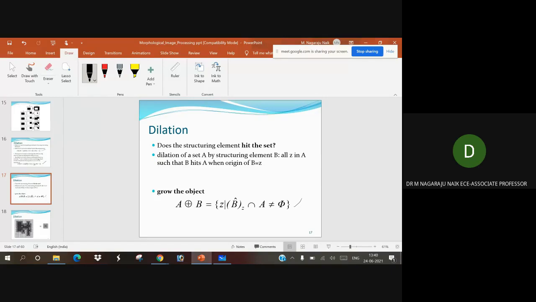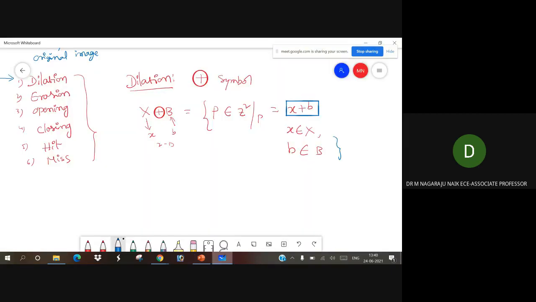Then we'll take one example and try to understand what is meant by dilation. Dilation deals with an image represented by all its points. Now, how is it represented with all the points?